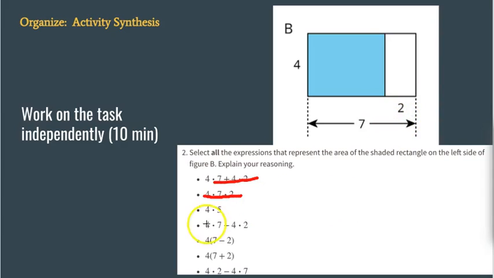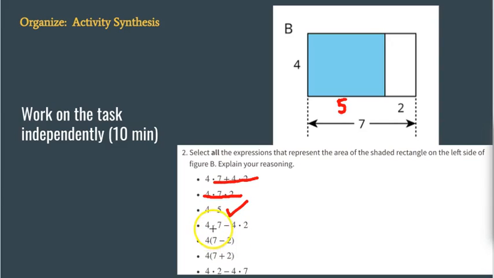What about here? 4 times 5. That does work, right? Because if this entire distance is 7, if I take off 2, that leaves me with 5 here for this other piece. So then it is 4 times 5. What about 4 times 7 and then subtract out 4 minus 2? Well,